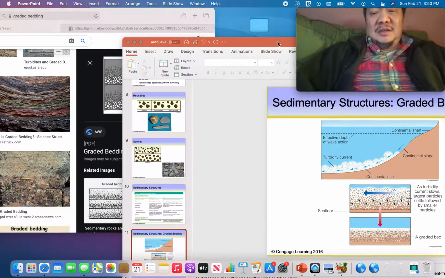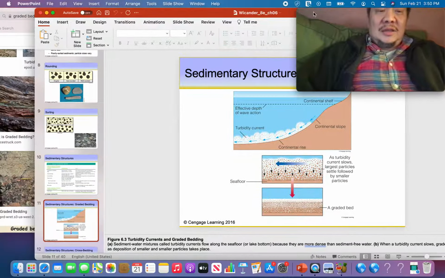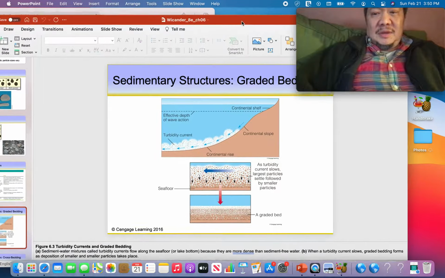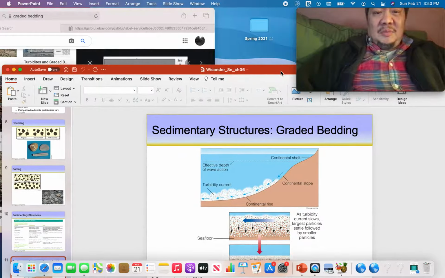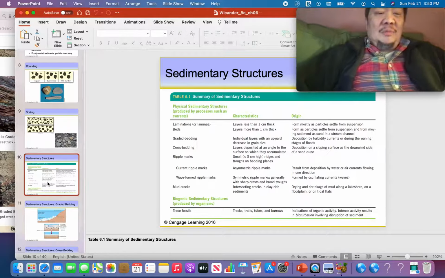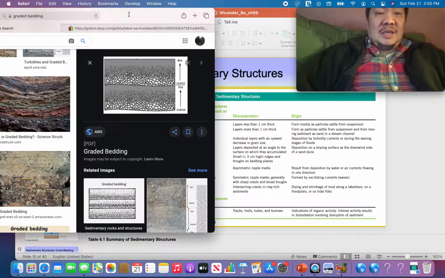Bottom line is, if you find graded bedding in sedimentary rocks, ladies and gentlemen, what it means is you're dealing with a continental rise depositional environment. That's a dead giveaway that those rocks were formed on the continental rise. Okay, so I'm not going to keep belaboring the same point, but don't forget, graded bedding means you're on the continental rise. Now let's take a look at the next sedimentary structure,